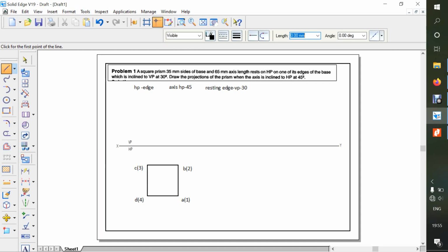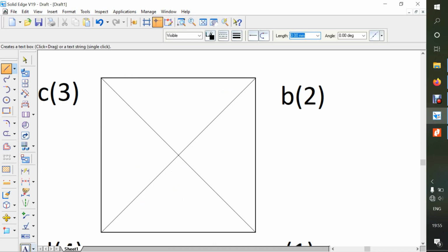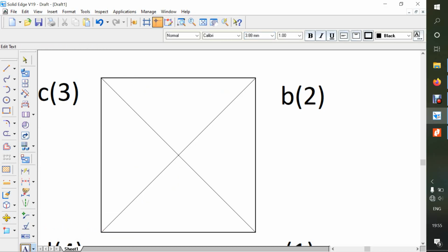Now once this is done, locate the center of the square with a 0.13, just drop two diagonals like this. So we'll get the center. Just zoom this and again go to the text and here you write the top of the axis is O and the bottom end of the axis is O1.